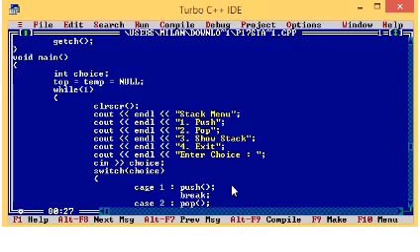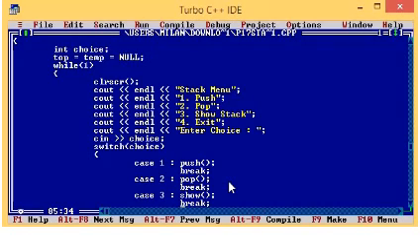Switch on choice. If choice is 1, then what are we going to do? Push is already defined. Just invoke that method. Push is not returning any value, it is void type only, so just call push. No need of assigning it to any other variable. And then break. If you forget to write break, what will happen? It will continue with the pop operation also, whatever you have written in the next cases will be executed. That's the reason after every case we put a break. It is not mandatory, it is not a syntactical error if you do not put break. But if you put a break, after this case we will come out of the switch case.